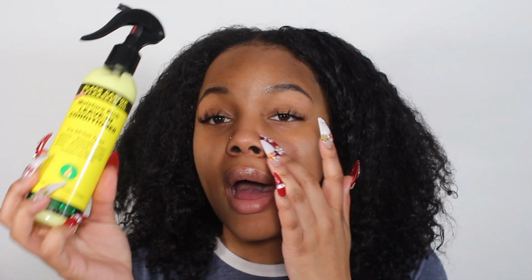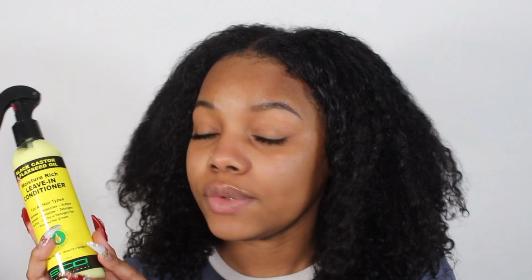And today, instead of doing a wash and go like everybody else has done on YouTube, featuring the Black Castor Oil and Flaxseed Oil Moisture Rich Leave-In Conditioner, also by Eco Style Professional, I am going to do some mini twists. So as y'all know, I'm trying to grow my hair out, so I've just been trying to protect it, and I don't really have time to be doing it all the time, especially because